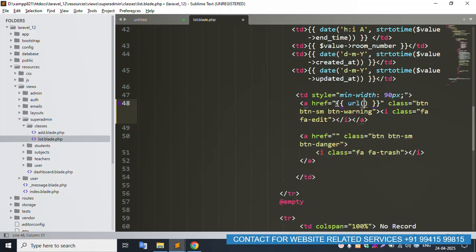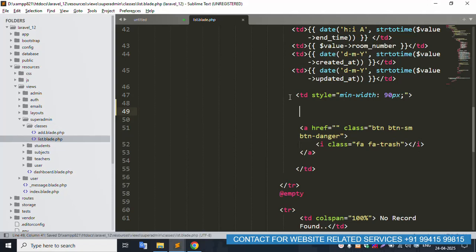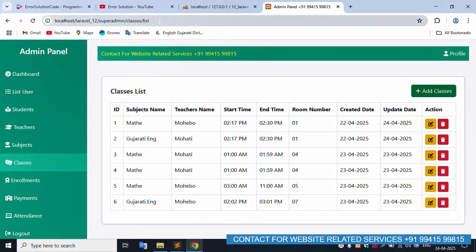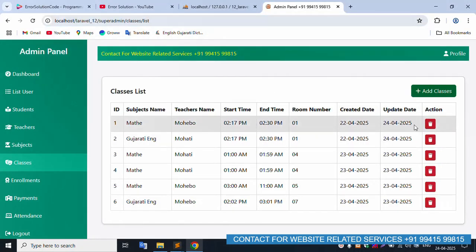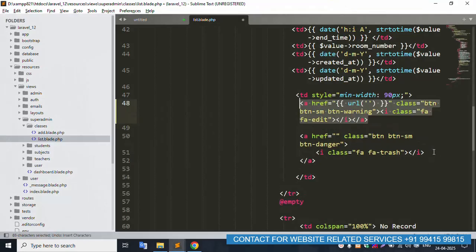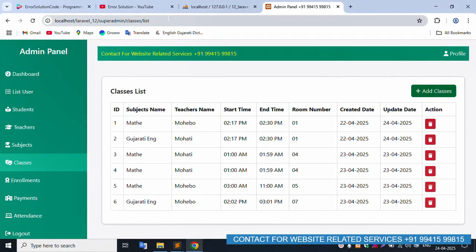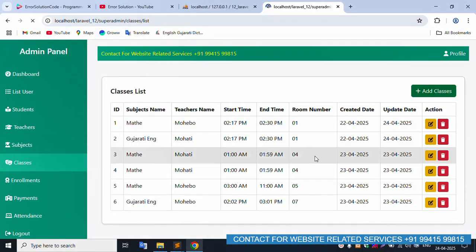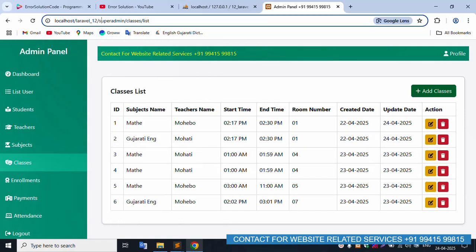Let's write down the URL. This is the edit button. Let me remove the edit button from this file. Then it is 100% not shown. Let's refresh this page; successfully, it is not shown. Good. Let's refresh this page again, and it is shown again. Good working. Let's copy the same URL,